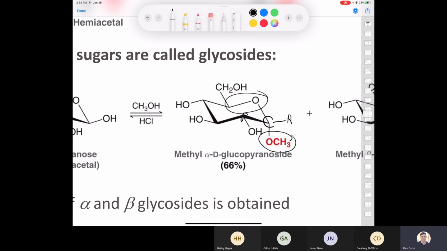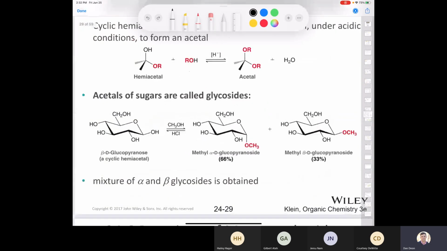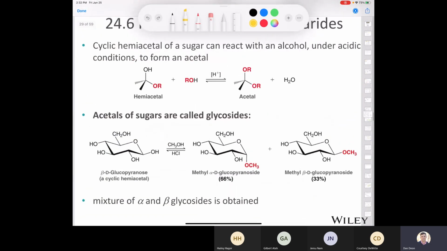Yes, you have a hydrogen, and you have an R group over here. So this is an acetal. Well, when you form an acetal on that anomeric carbon, we call that a glycoside. Okay, so that's the special name, a glycoside. So if you take